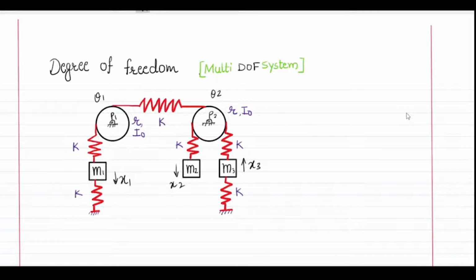So this is how we define the degree of freedom in such a system: the number of coordinates actually required to define the motion of the individual elastic members. I am going to cover this entire session in two parts. In the first part, we will learn the concept of how to find the degree of freedom of such a system. In the second part, we will look at different versions of this given problem.